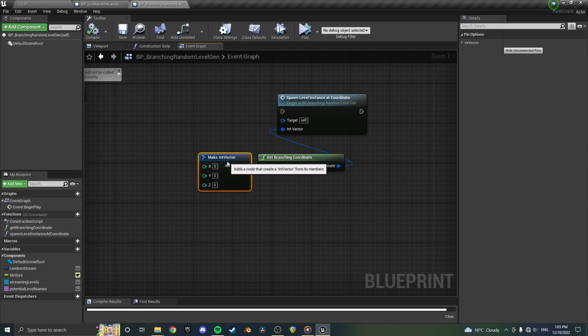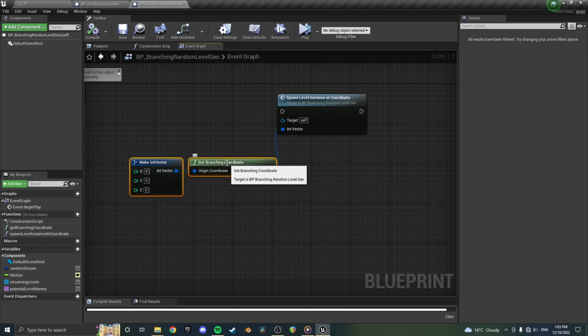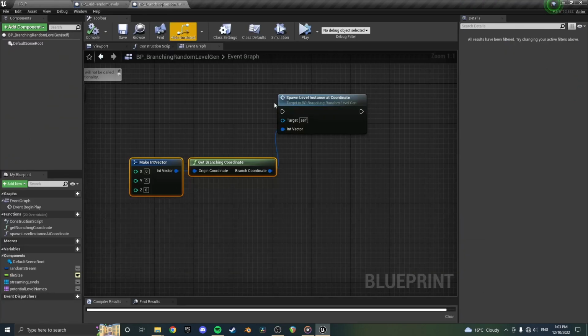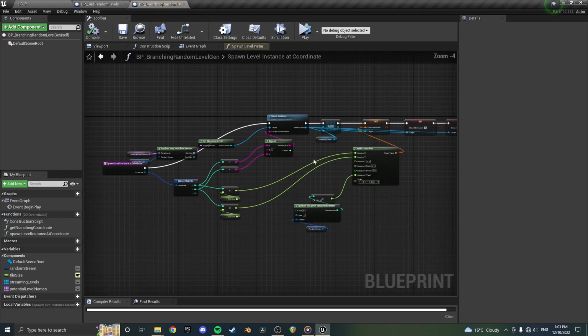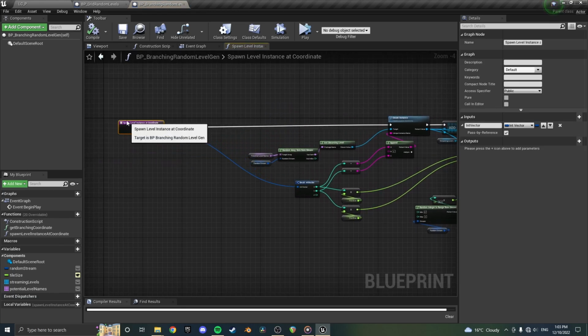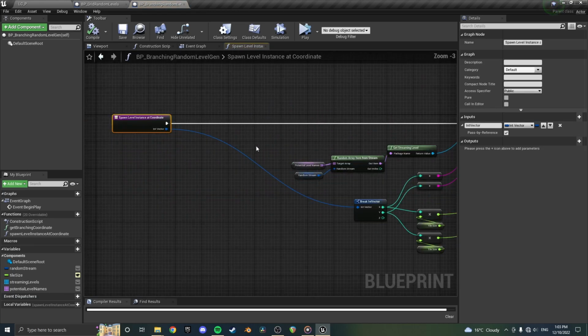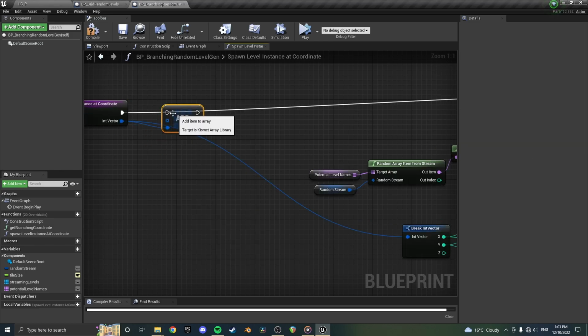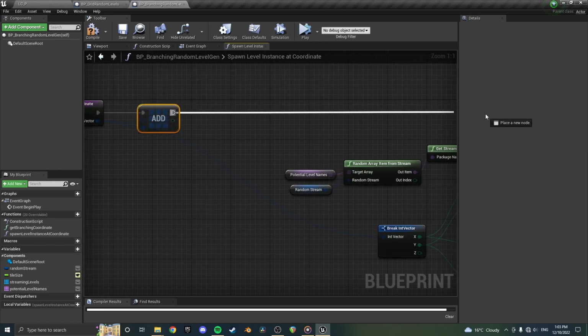But now what we need to do is create a system that decides appropriate coordinates to spawn at, so we get that nice branching pattern where it can go this way or that way or whatever. So when we spawn a level at a coordinate, maybe what we will do before we actually spawn it is just add this to an array. Add those coordinates to an array, which will be,